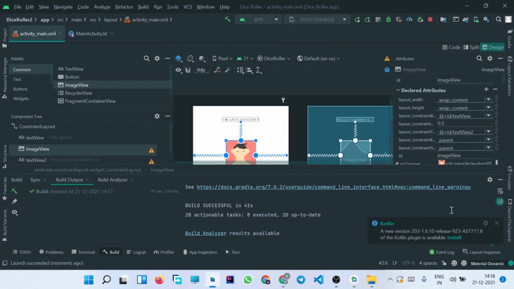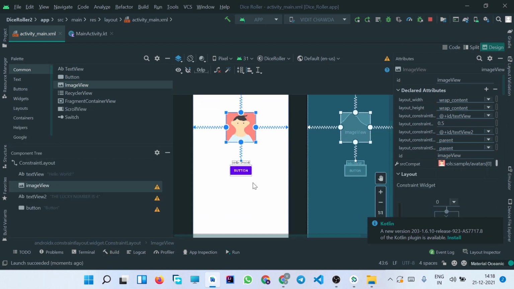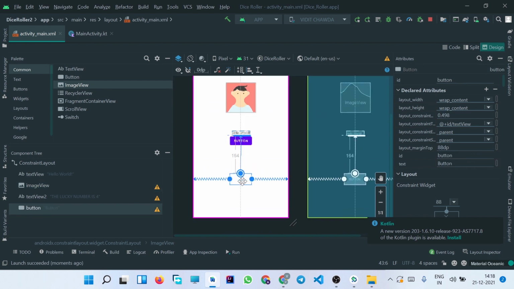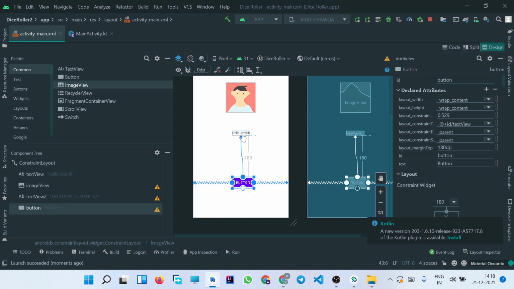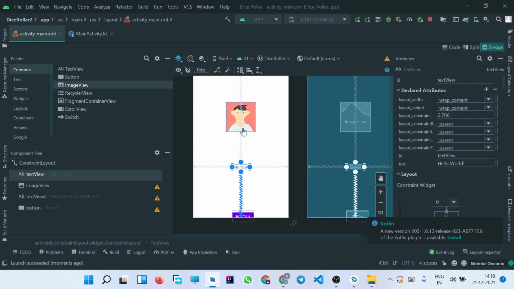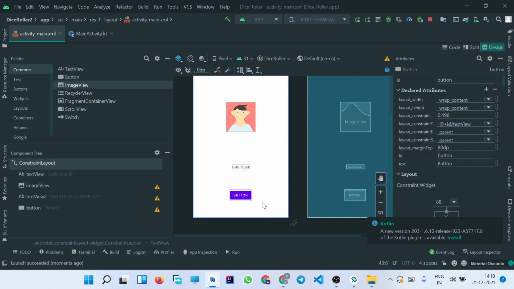So for that, let us drag this button some more down, and also the text view. Okay.